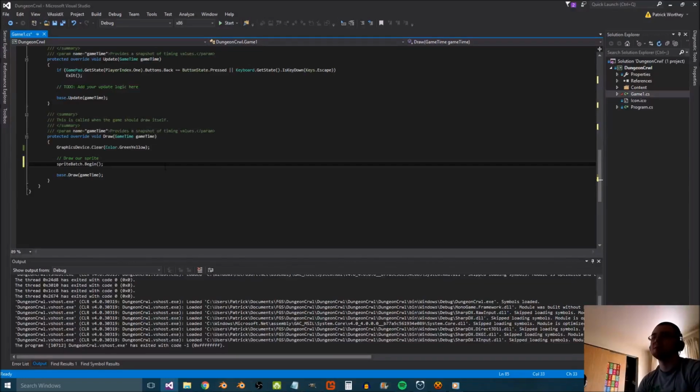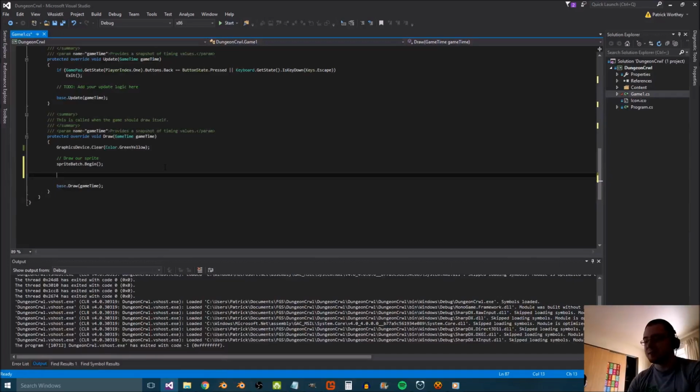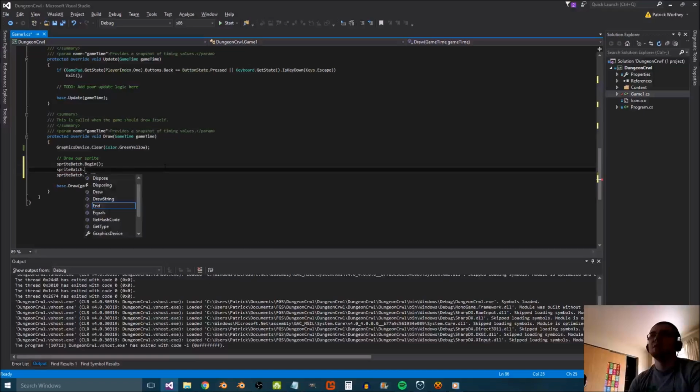MonoGame needs to know this. So all you have to do is write spriteBatch.Begin(); Likewise, we also have to tell it to end. So I'm going to jump down 2 lines and say spriteBatch.End(); Then in between the begin and end, here's where we want to add our draw. So spriteBatch.Draw,